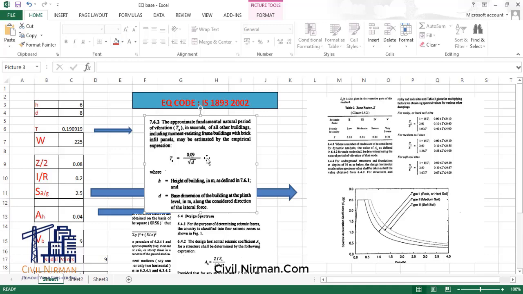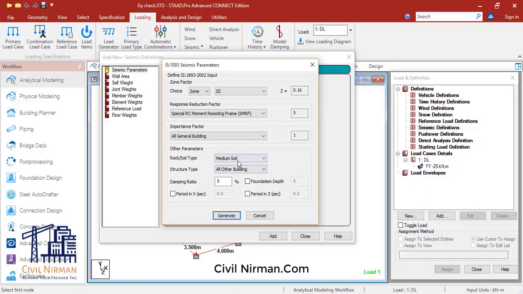The original equation is 0.09 H divided by root D. So I'll consider all other building. So our time period T will be calculated based on that equation, right?